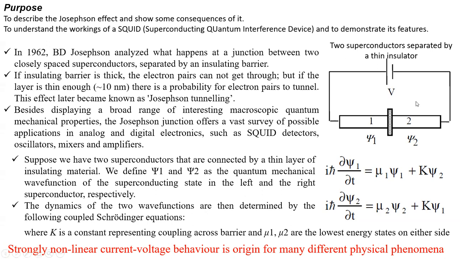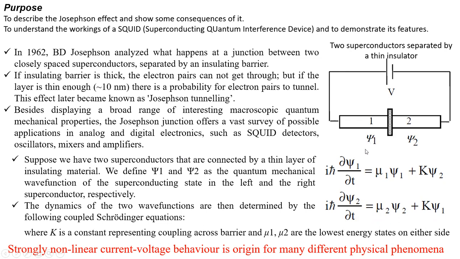Suppose we have two superconductors, superconductor 1 and superconductor 2, that are connected by a thin layer of insulating material. We define the quantum mechanical wave functions as psi 1 corresponding to superconductor 1 and psi 2 corresponding to superconductor 2. If that is the case, the state in the left and the right superconductors